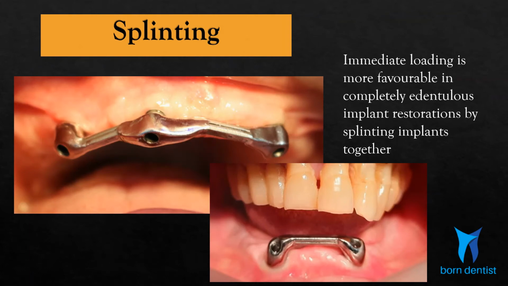Next factor is splinting. Splinting of all implants together when there are multiple implants, like in full mouth, helps to distribute load and prevent micro movement of individual implants, like you see in these overdenture cases of mine. In fact, immediate loading was first described for full mouth fixed implants, and the just concluded IPS webinar on intraoral welding was based on this, and if you have attended that, you would be able to recollect this. So splinting the implants together increases the chance for early and immediate loading.